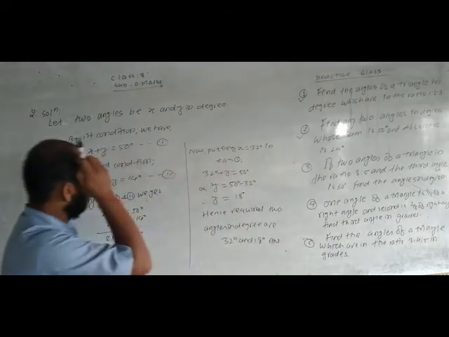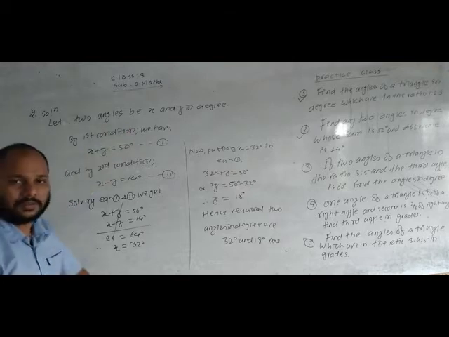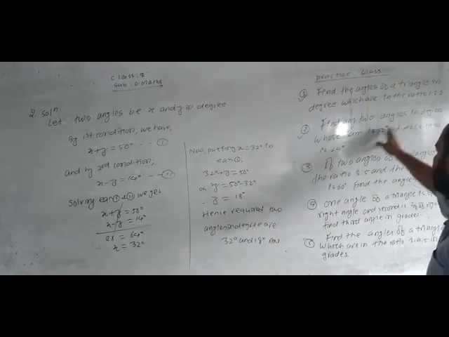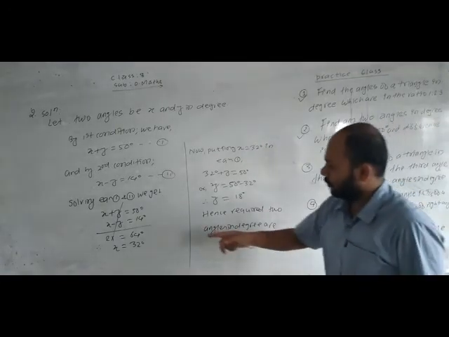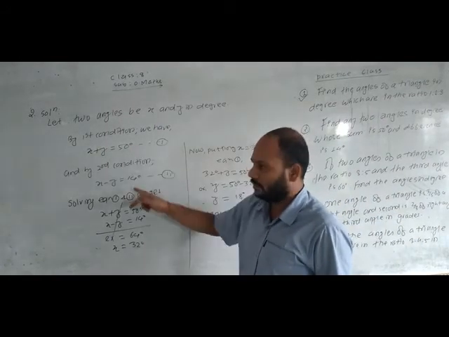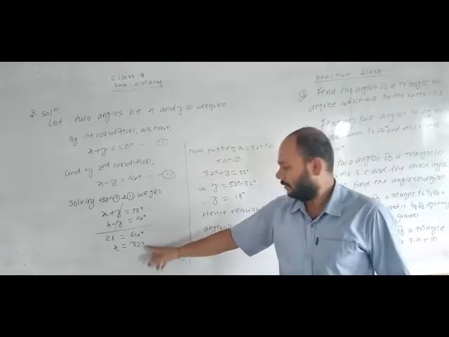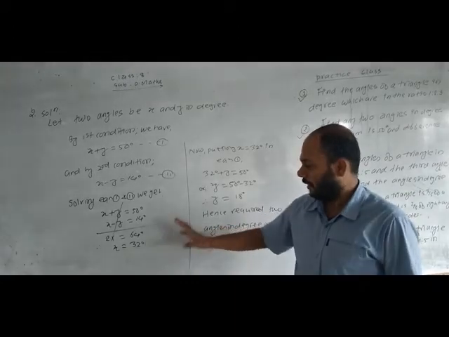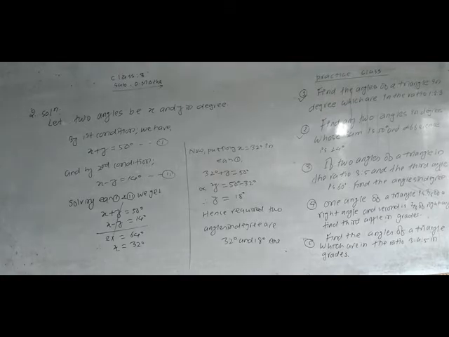In this way, you find the two angles if the sum and difference are given. And if your question says we have the sum this much and the difference this much, and you have to find the angles in the grade, first you should find the angles in the degree by the condition, and at last you should convert them into the grade. You know the formula: you use 1 degree is equal to 10 by 9 grade and convert this.